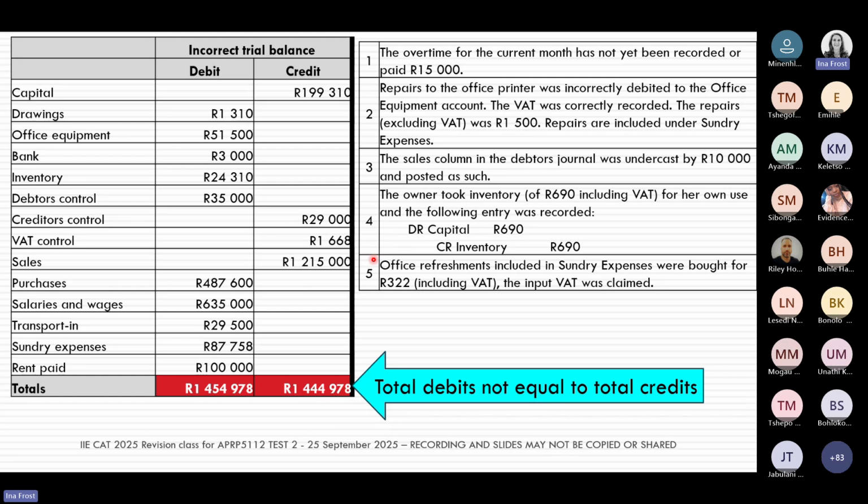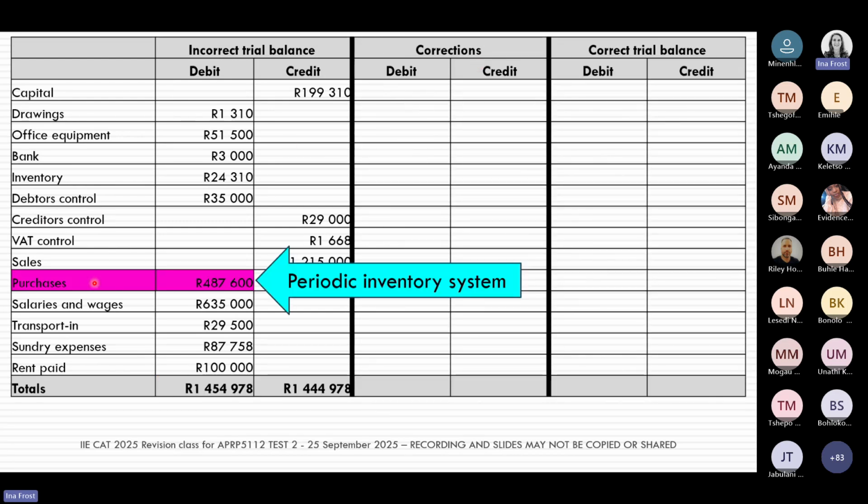carefully read through these extra points. And you will have to see from each of the wordings that we've used, you would have to determine, okay, where was the mistake made and what is the correction that I still have to do. And in this question, just to note, this particular question is making use of the periodic inventory system. And you will see that is important again when we make some of our corrections. So please, in your Learning Unit 3 questions, make sure that you always check the inventory system and that you check for possible VAT calculations.